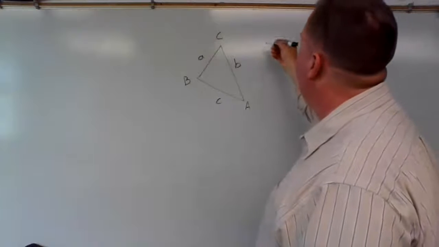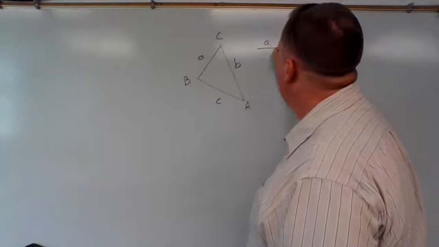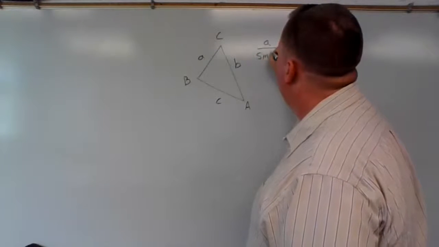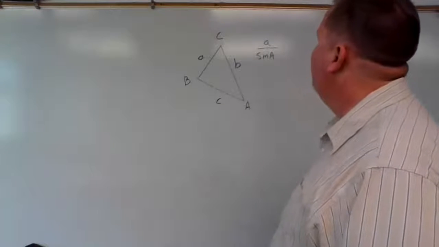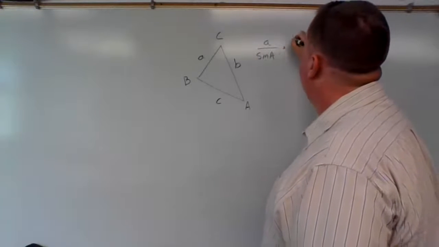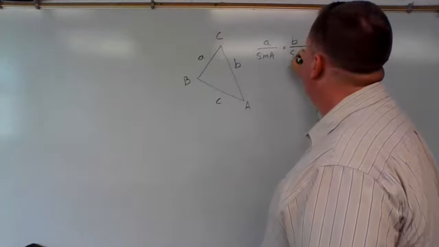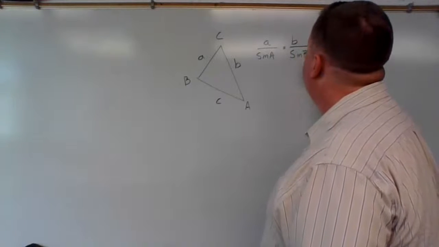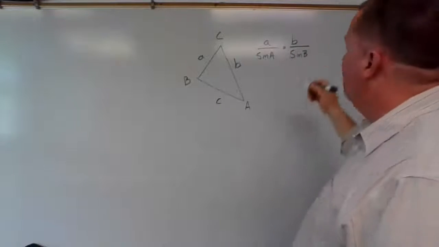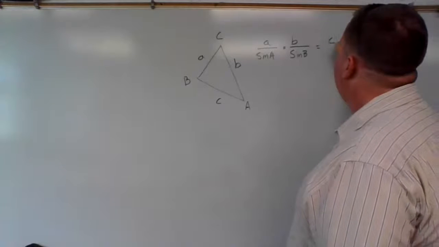So the way we write that is A over sine A is equal to B over sine B, which is also equal to C